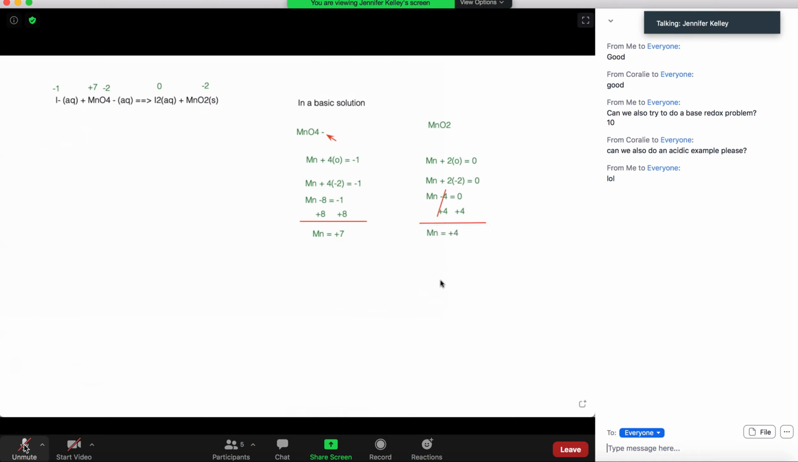Okay, so there we go. We've got manganese this time equaling +4. And notice, hang on, I'll show you what I want you to notice. Okay, notice that with the manganese,